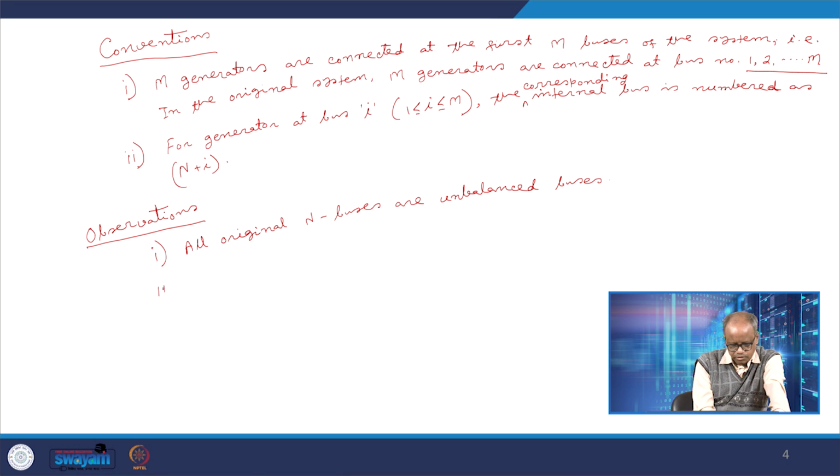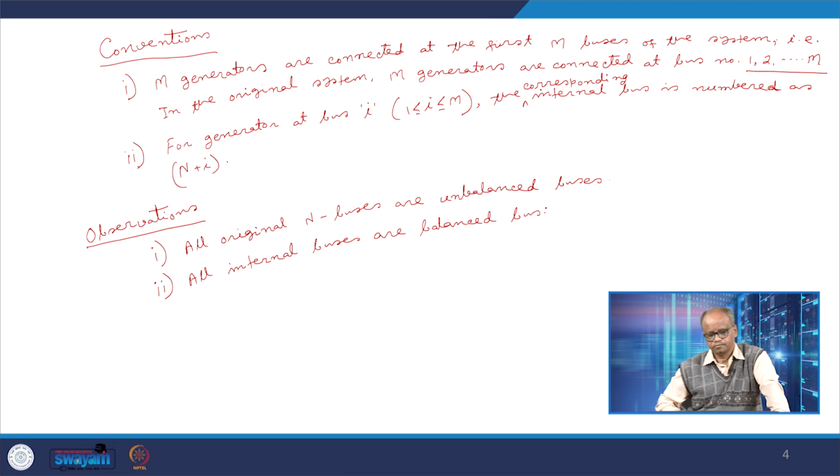And observation 2 is, which we have already discussed and explained the rationale behind it, that all the original internal buses are balanced buses. Now, because of these internal buses,